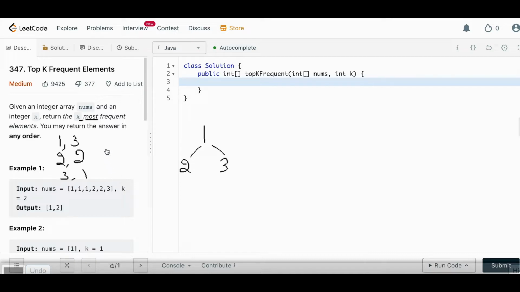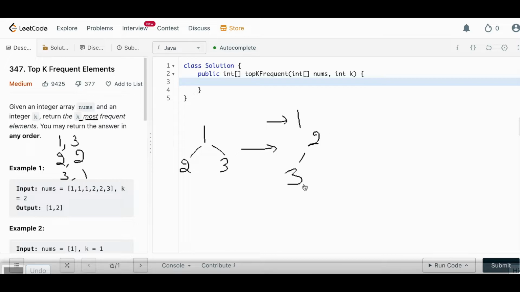Now what we will do, based on k, as soon as our heap crosses size k, we will extract the value from the heap. What I mean by extract is we will use the poll function. What that poll function will do is take the top element. In this case, this is 1, so it will take it and put it out, and then it will readjust this heap and convert it to something like this.